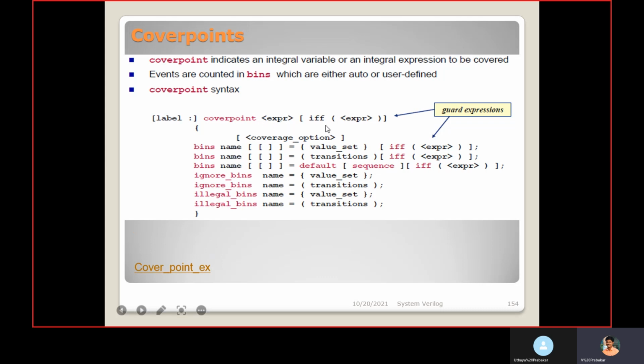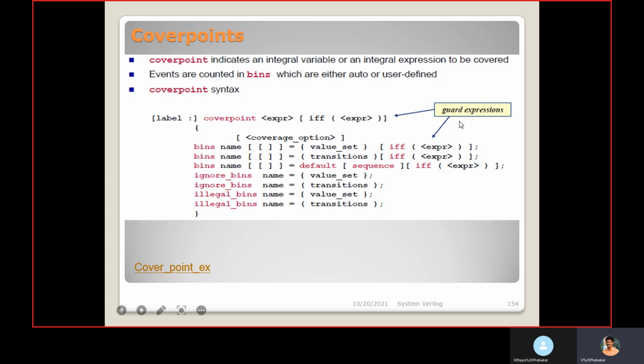This is a guard expression. It is optional. If and only if this expression is true, it will check for the bins. This cover point will be valid when this expression is true.